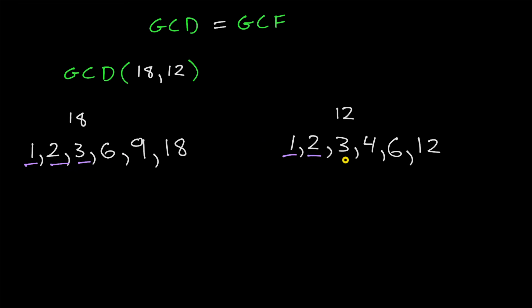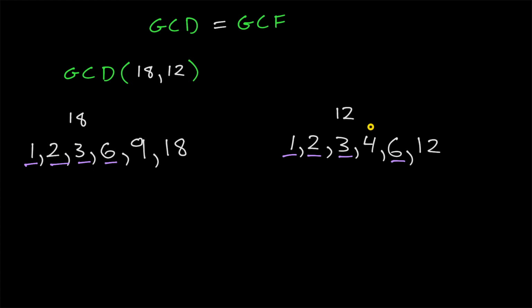3 is a common divisor. What about 4? We don't have 4 as a divisor of 18. What about 6? Yes, 6 is a common divisor. 9 is not a common divisor. 12 is not a common divisor. And 18 is not a common divisor. So 1, 2, 3, and 6 all divide